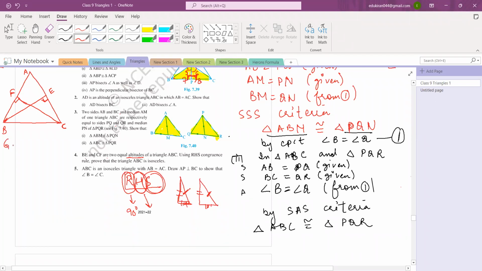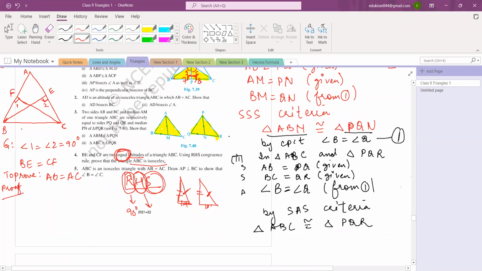So first write what is given to us. If I call it my angle 1 and 2, so it is given that angle 1 is equal to angle 2 is equal to 90 degrees, right? Okay, and this is also given, two equal altitudes. Look at the question carefully. Equal. So it is given that BE is equal to CF. Okay. Now to prove, what you have to prove? Prove that triangle ABC is isosceles. ABC is isosceles means we have to show that AB is equal to AC, right? Okay, let's do it. Proof.